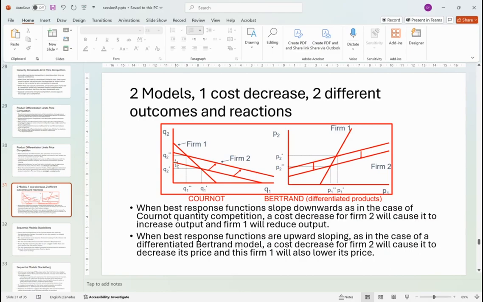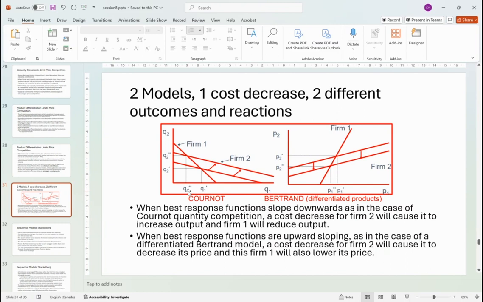So when firm 2, as a result of probably technology improvement or capacity improvement, increases the production, right? The best response function of firm 2 goes up, and then firm 2 gets the greater market share. But in the equilibrium, there would be less demand left for firm 1, and at the equilibrium, firm 1 drops the quantity produced, right? So firm 1's decision compared to firm 2's decision, they are moving in the opposite direction.